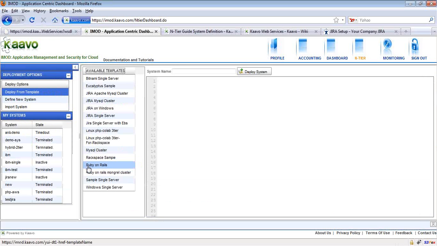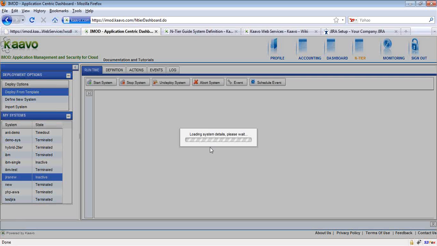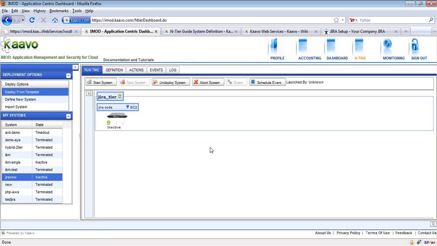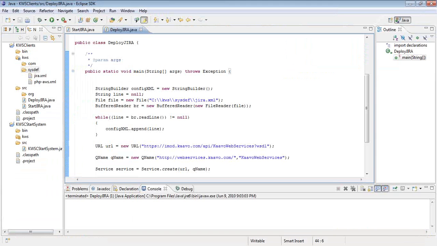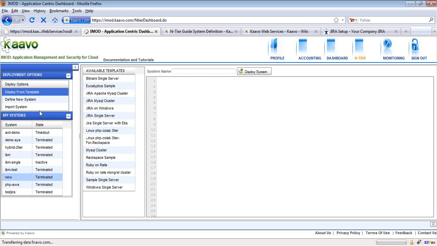So you can see the Jira New system is there in iMode database. That means by the web service call, it has indeed been deployed in iMode. It was not there before. So I can delete it from here by using deploy system button and rerun it. So you can see my system is not appearing in the system list.